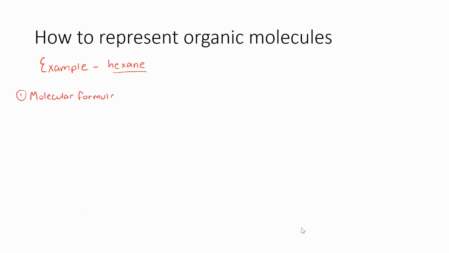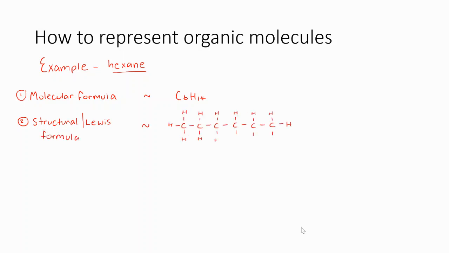The simplest way we can represent organic molecules is with their molecular formula. So for hexane, that is C6H14. Now it's nice and simple, but it doesn't really tell us anything about the structure of hexane. So what else can we do? We can represent hexane with the Lewis formula or the structural formula, and that shows all of the bonds involved in that molecule. Now, that does give us a lot more information about the structure, but once the molecules get bigger and more complex, that's going to take, one, a long time to draw, and two, sometimes it overcomplicates the molecule and doesn't really show accurately the information we're looking for.